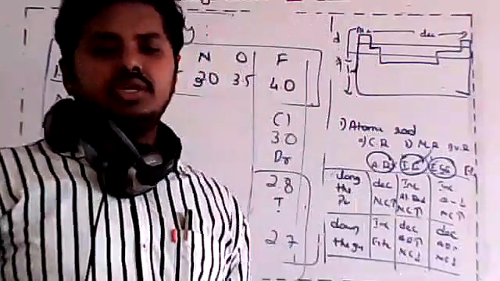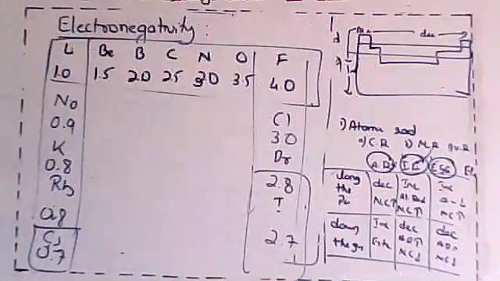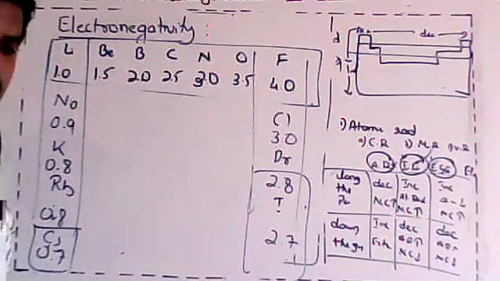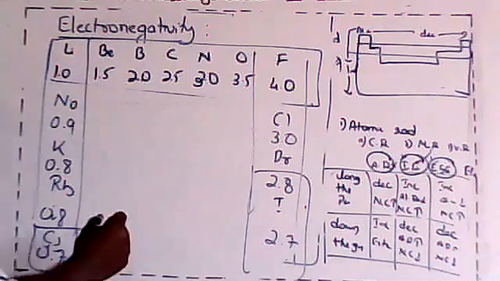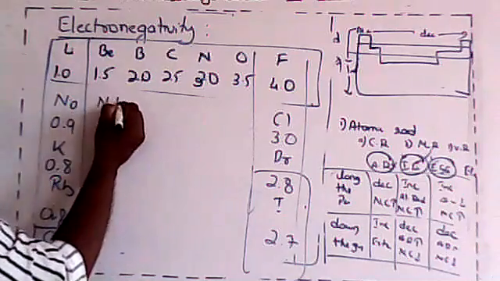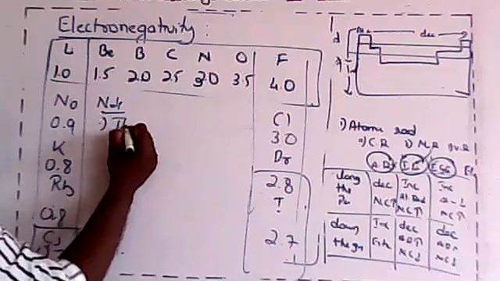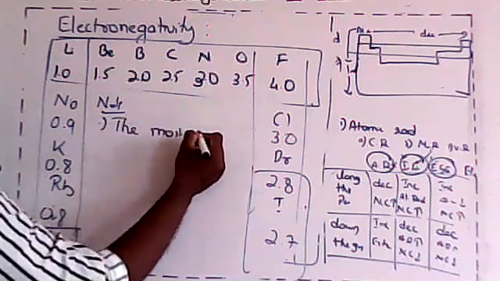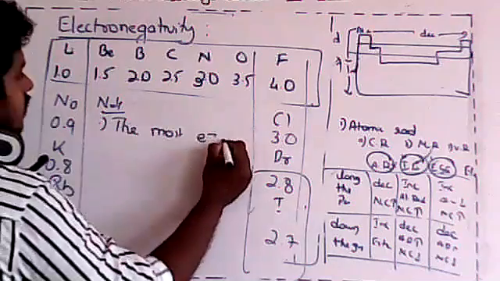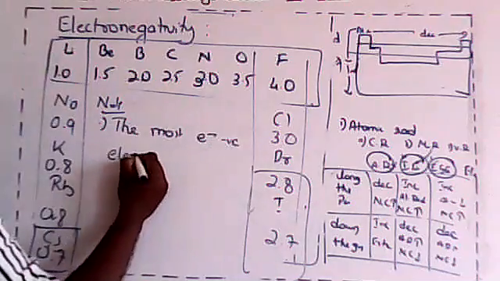Because of that, the electronegativity becomes almost constant here. So dear students, after understanding this, let's write a note here. Therefore, the most electronegative element in the periodic table,